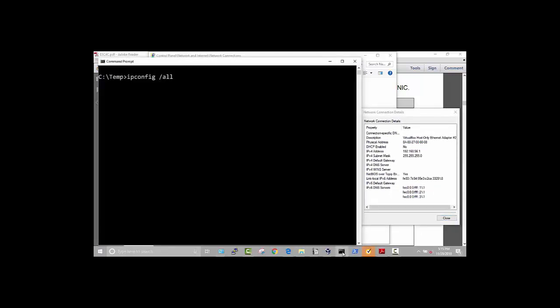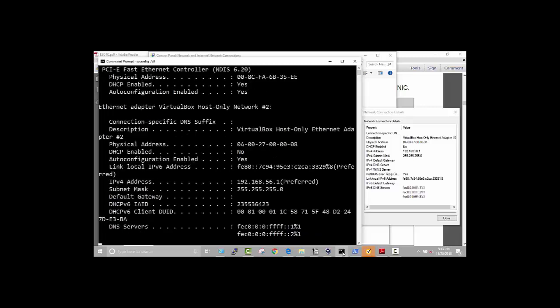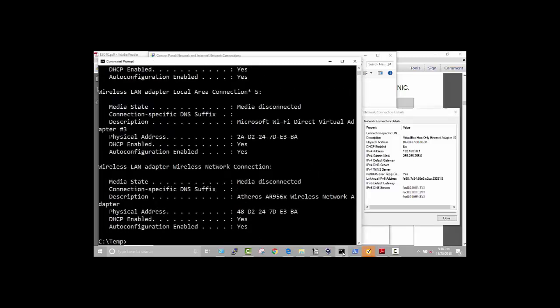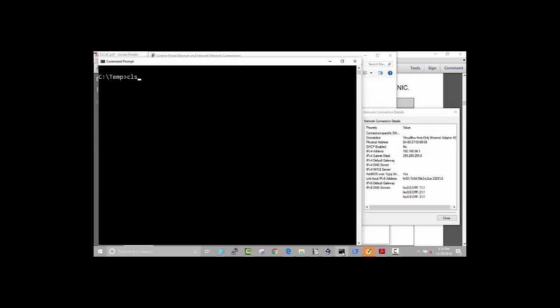Now if we want to get the same information from a command line, we can open up a command prompt and use the ipconfig /all command. You'll see that a lot of information scrolls by, and it's probably too much information to really deal with all at once. What you can do alternatively, as a side note, is run that same command but pipe the output